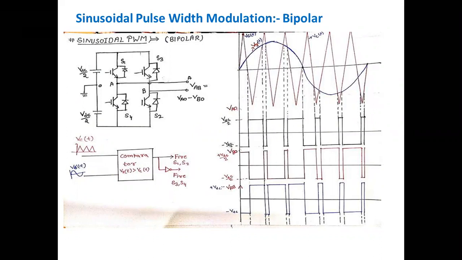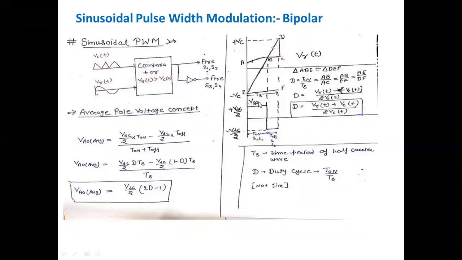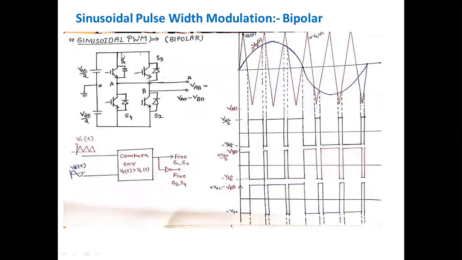So this is termed as on time and this is termed as off time. Similarly, I represent here that this is the T on time and this is your T off time, and this is the complete TS. Okay, so how will we calculate the average voltage? We will get VDC by 2 during T on. In this time period we get positive VDC, that is, when your A is connected to the positive terminal, that means when your S1 is on.